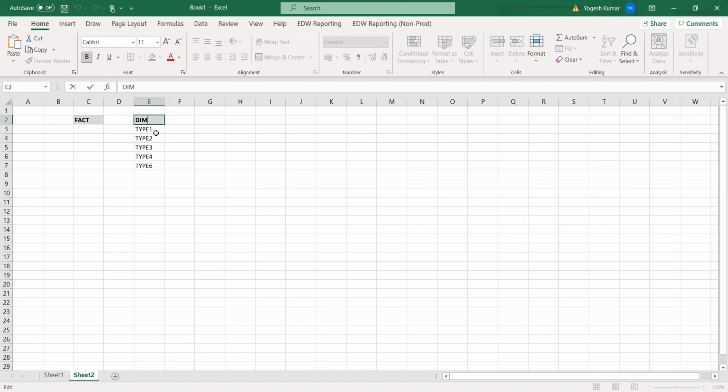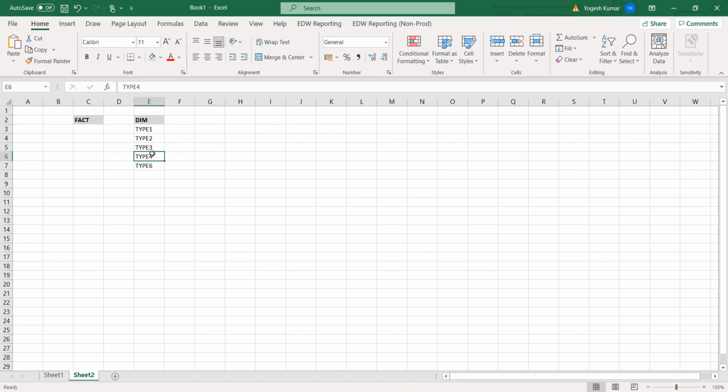If I define a table as type 1, there would be some specific functionality related to that table. If I define a table as type 2, there would be some other kind of functionality. If I define a table as type 3, there would be a different kind of functionality.